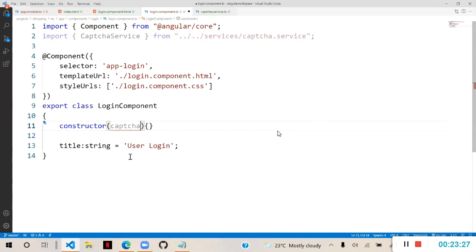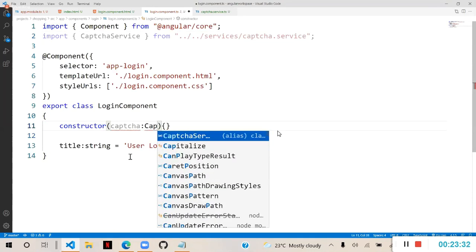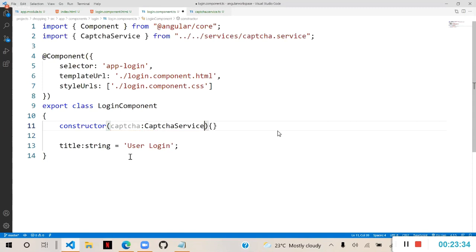It is a parameter. This parameter is of type captcha service. So in this captcha service,